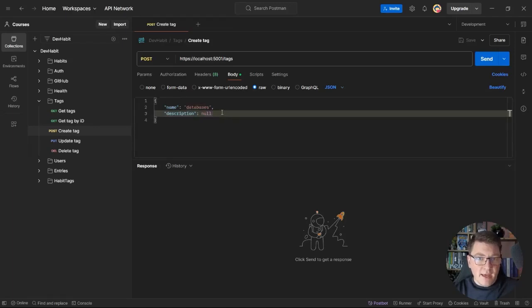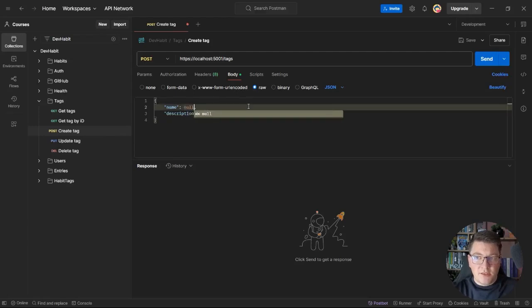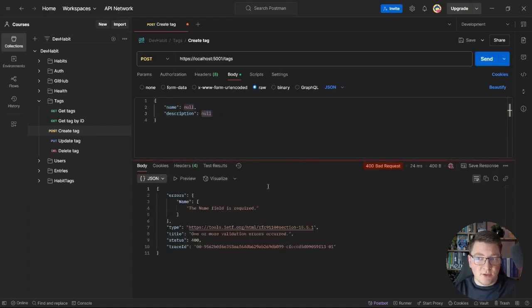And we already have some level of validation in place. If, for example, I were to try to send a null value for the name and the description, and I send this request, I will get back a 400 bad request response with an additional property in the problem details. This property is called the errors, and inside of it there's an error for the name property,